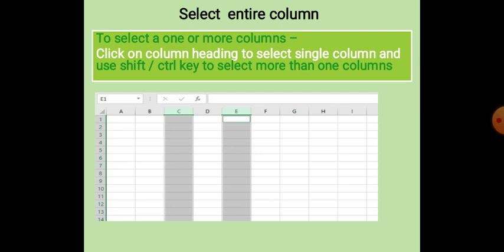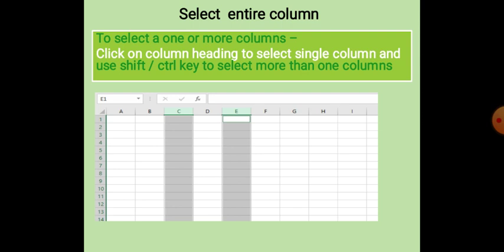To select an entire column, we have to click on the column heading. We can select one column and we can select more than one column, children. We can use the mouse, and also the shift and control keys.